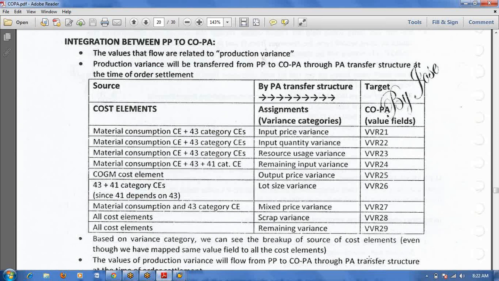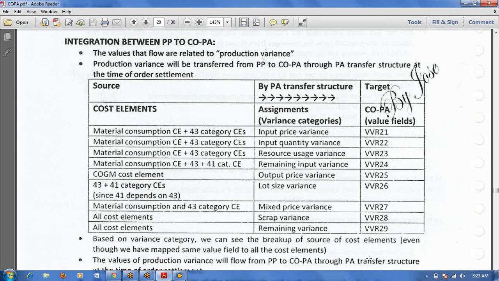So what I understand, suppose in the month our sales revenue is 20 lakhs, then COPA should also show 20 lakhs sales revenue. This is the meaning of reconciliation. What is the sales revenue showing in FI, the same sales revenue it should show in COPA also. Is the reconciliation only pertaining to revenue or something else also, Hari?